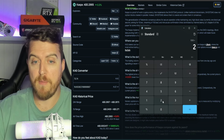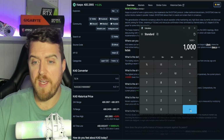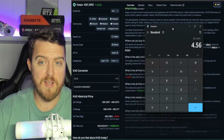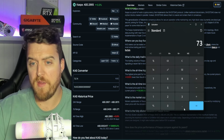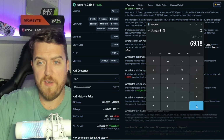So we times that by 24. We then divide that by 1000 to give us our kilowatt hours per day, and we times that by 0.19, which is our electricity rate. So that's $4.56 worth of electricity. 73.74 minus $4.56 equals,